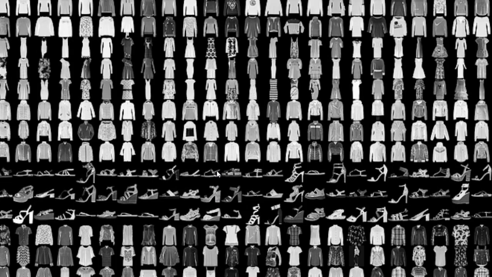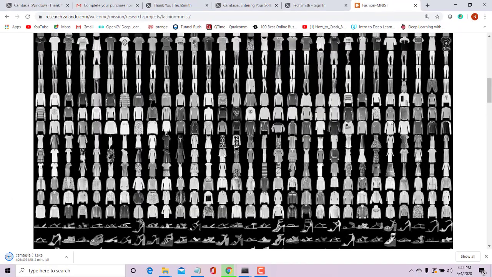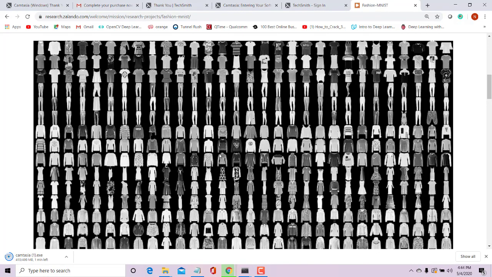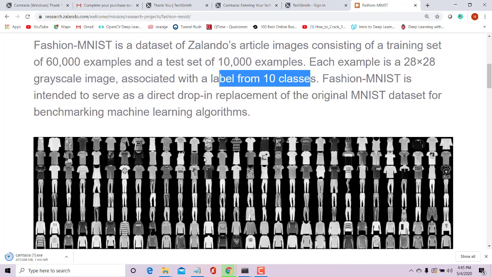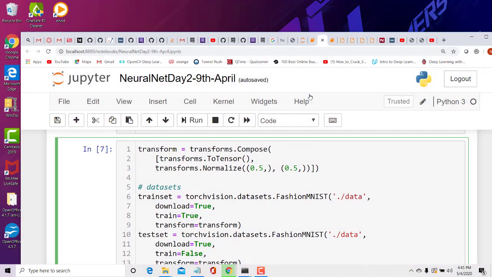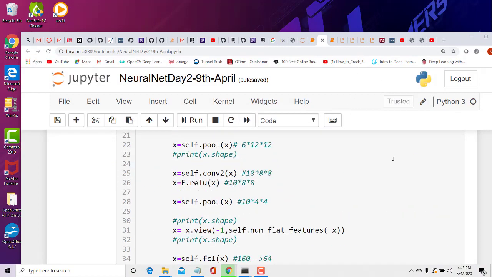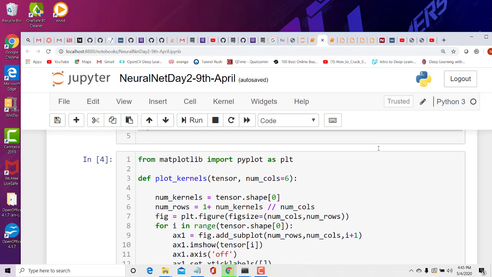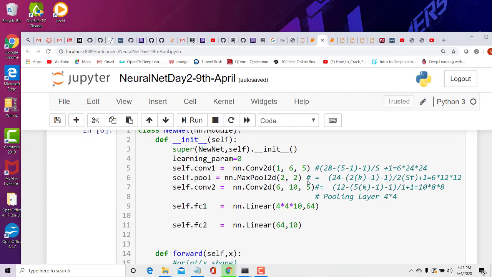So what we want to do today is build a very simple PyTorch neural network, train it on the Fashion MNIST data set, and also test whether it's really working. The goal is to train the network with these images and actually test if the network is able to identify these images. So let's go back to my Jupyter notebook. So this is the program I'm going to teach you today.